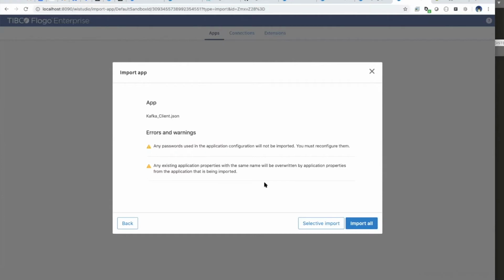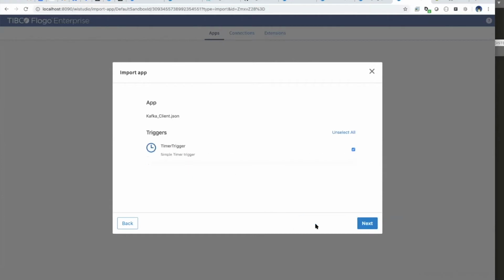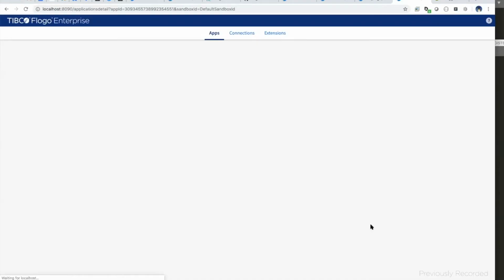While uploading here, one of the things we added is the selective import. Selective import gives you the opportunity to select triggers and flows rather than importing the whole app into your application. Now you can pick and choose which trigger and which flows you want to pull in. Since this importing application is already using a Kafka connection, and I already have two Kafka connections, rather than creating a new one, I would just pick the existing one, which is already configured to the schema registry. So I can just pick that and we are good.